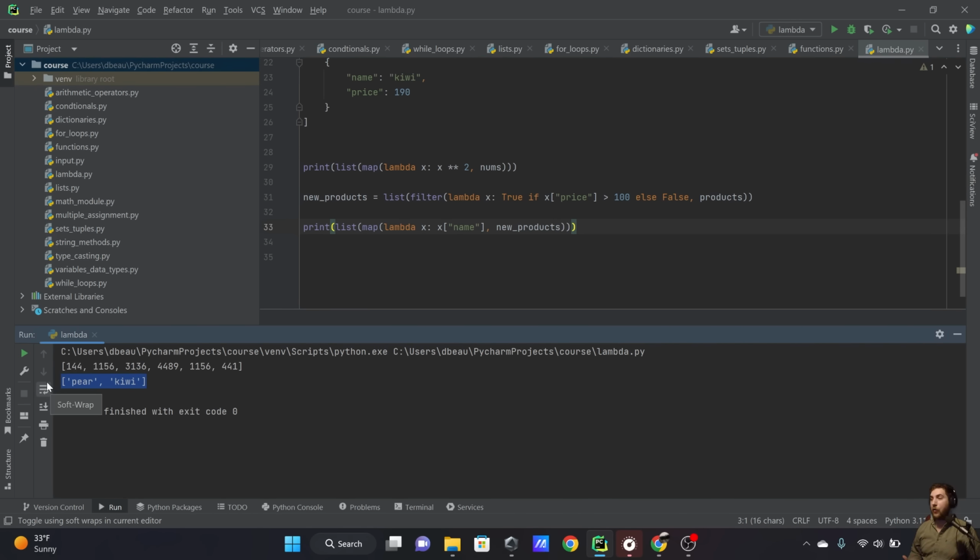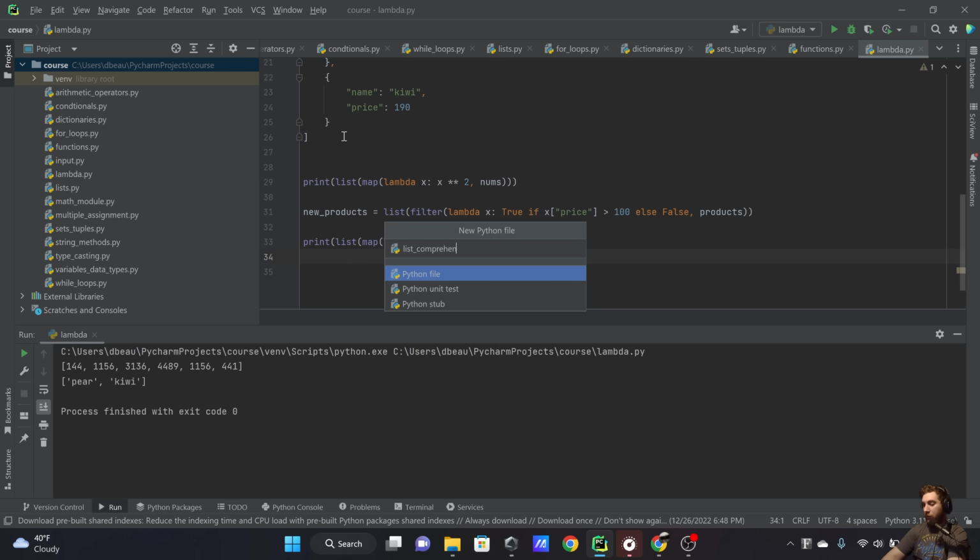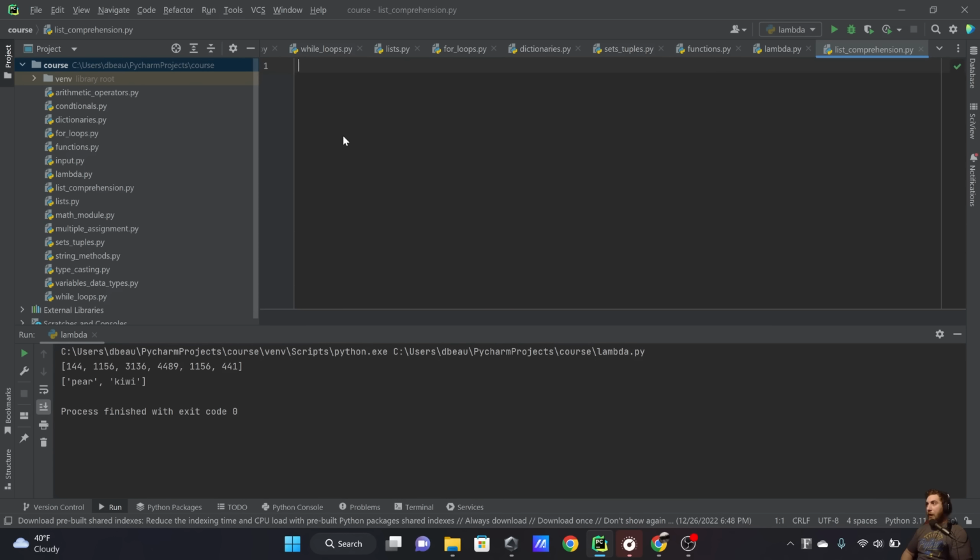Hello, everybody. I hope you're ready for this next lesson because we're going over list comprehensions, okay? These are really fun, so let's go ahead and get started. Now, as usual, we'll right-click, create a new Python file, and let's call this list comprehension. Okay, so we have this file, list comprehension, and now I want to write a list comprehension, but before I